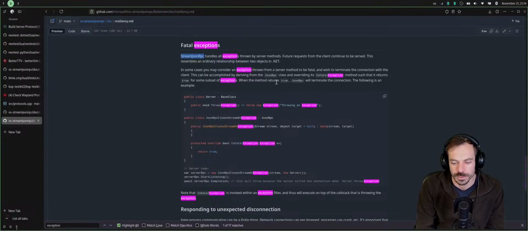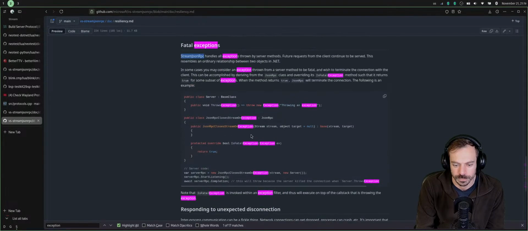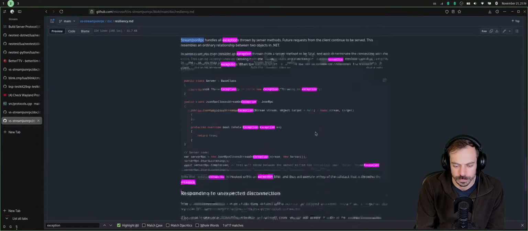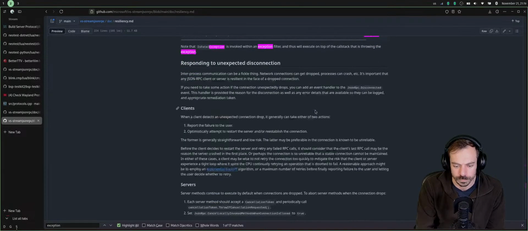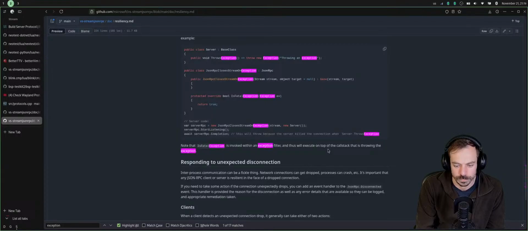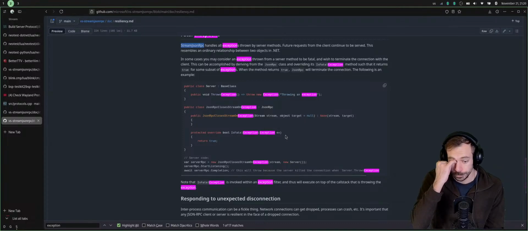When the method returns true, JsonRpc will terminate the connection. The following is an example. So, okay, then this seems like a solution.